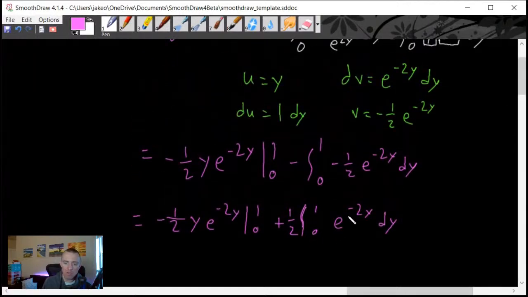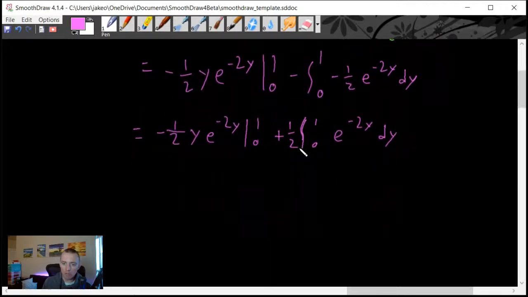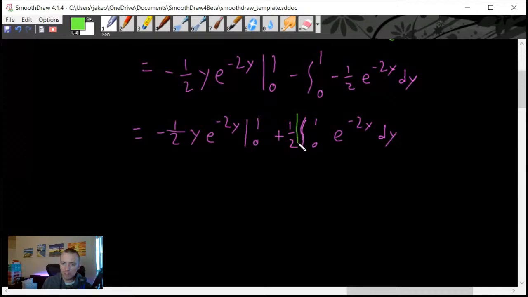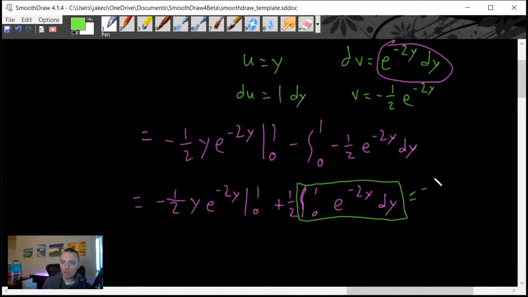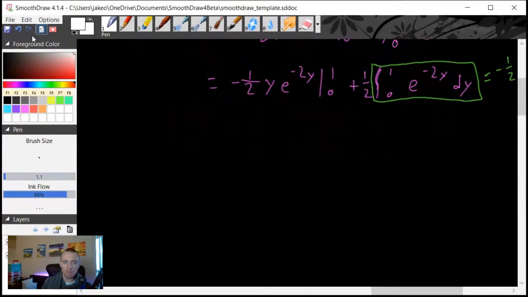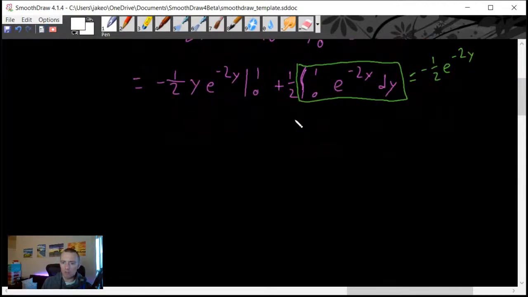Well, we already know what the integral of e to the negative 2y dy is. We found it right here. We know that the integral of that is negative 1/2 e to the negative 2y. So now we can replace this with negative 1/2 e to the negative 2y. So doing that is just going to give us